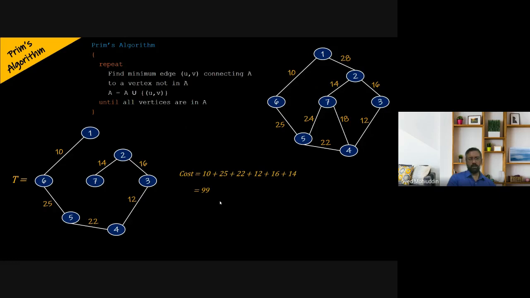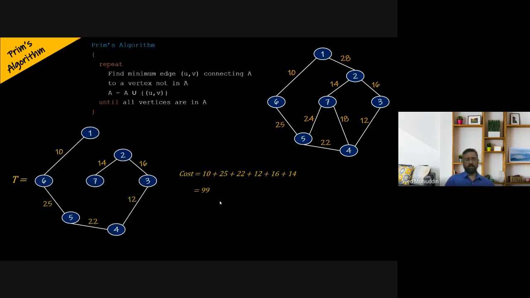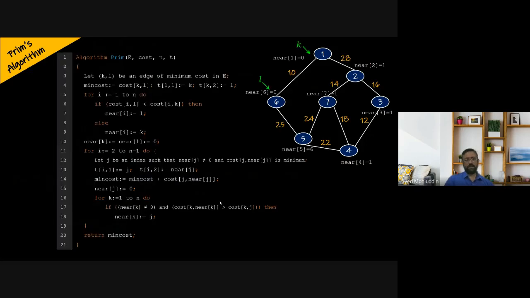Now let us try to look at the actual algorithm. What we have seen is an informal, descriptive Prim's algorithm, but the actual implementation is done using pseudocode, and this is Prim's algorithm. It takes 4 parameters: E, which is a set of edges; cost, which is a cost adjacency matrix where all the costs of edges are stored; N, the number of vertices; and T is a two-dimensional array, which contains two columns,